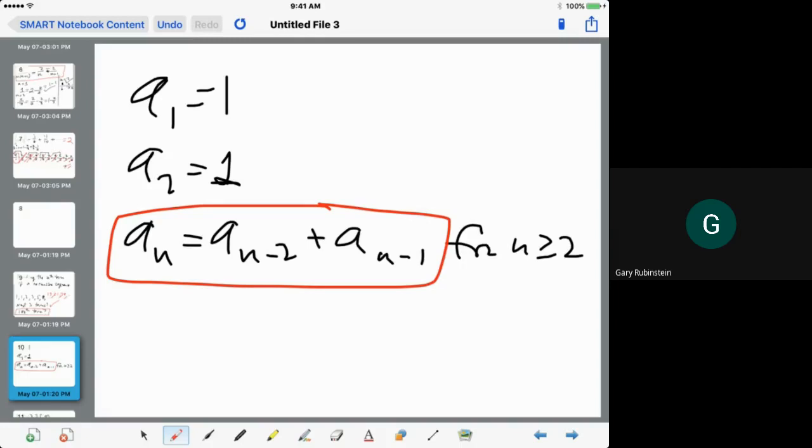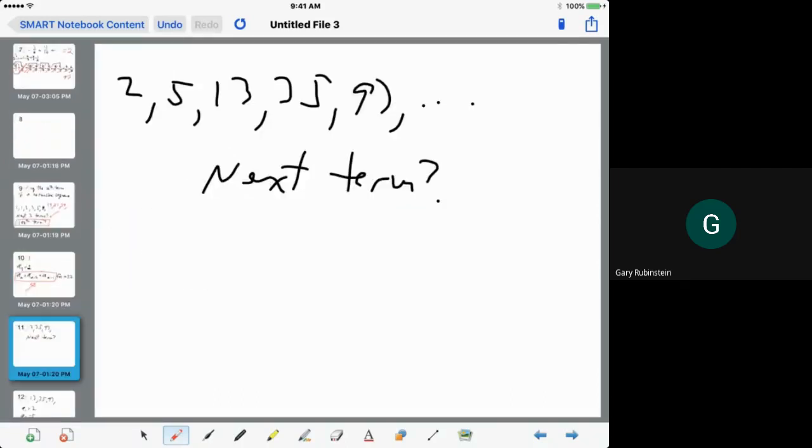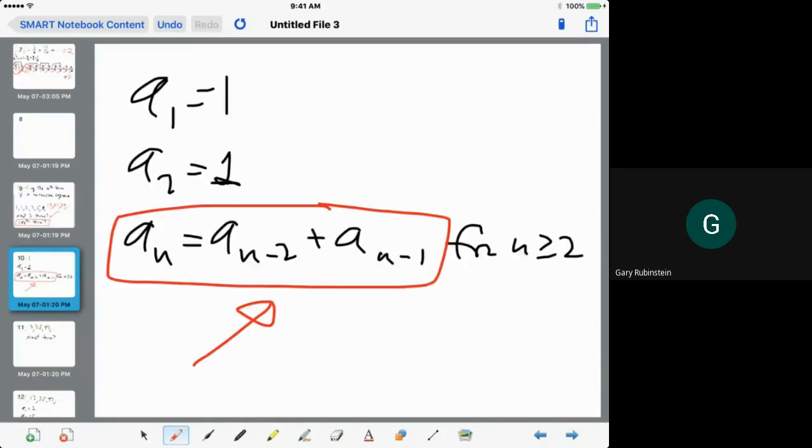But again, looking at a sequence and knowing the recursive definition is good if you're just looking for the next term or the next few terms. But if you want to jump to the 1000th term, even with this recursive definition, you're not going to be able to do it easily by hand. Now that sequence, the Fibonacci sequence, we will be able to find the 1000th term using the method I'm going to teach you now, but